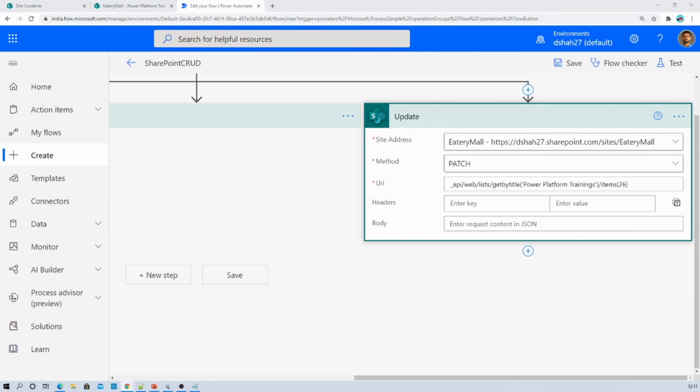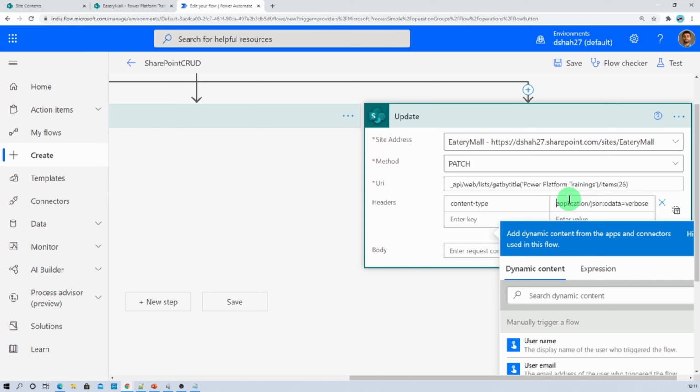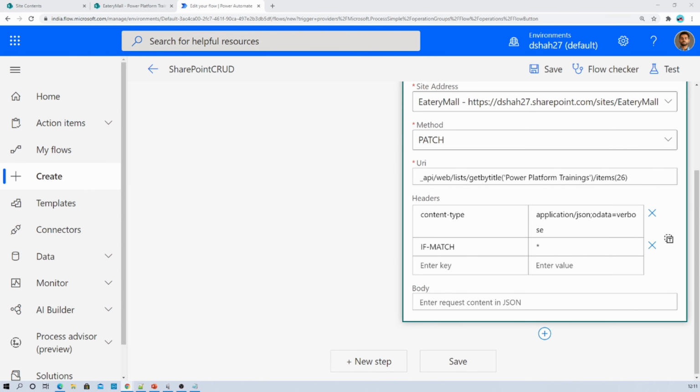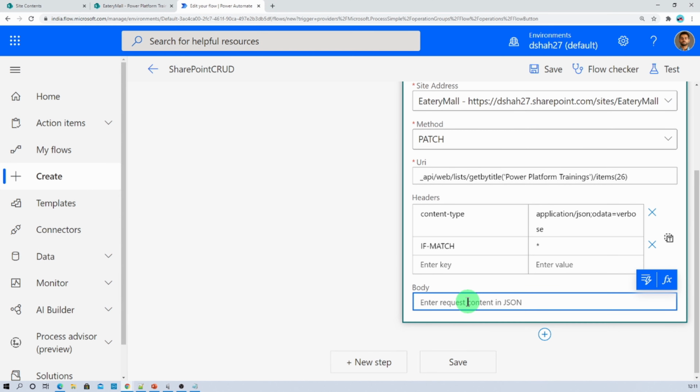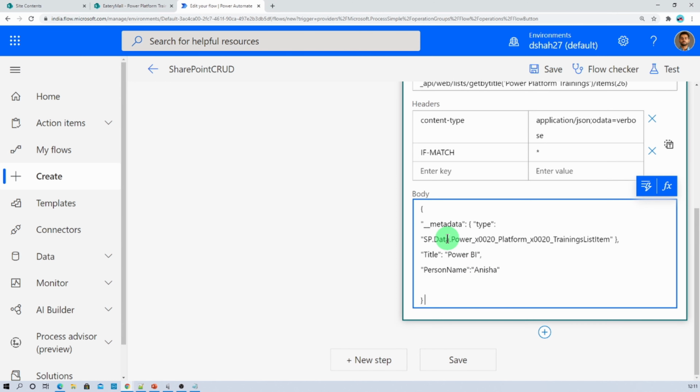Now the header section. So first of all, let's add content type. Let's add this thing, if match, and inside that we need to provide star. Now here we need to provide the body. Let's paste the body. So basically what I want to do here is I just wanted to change the title as Power Apps and wanted to change the person name as Dhruvin.